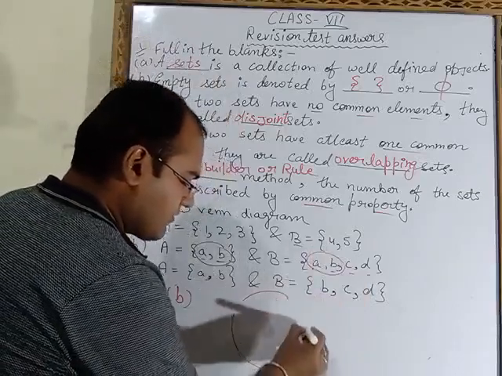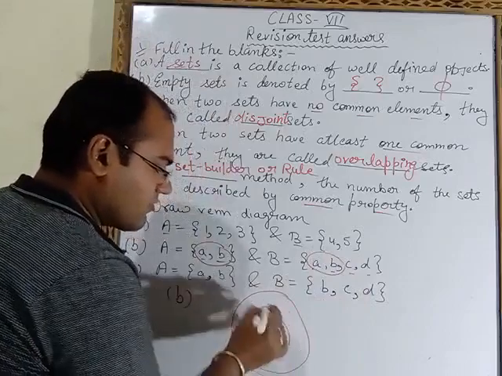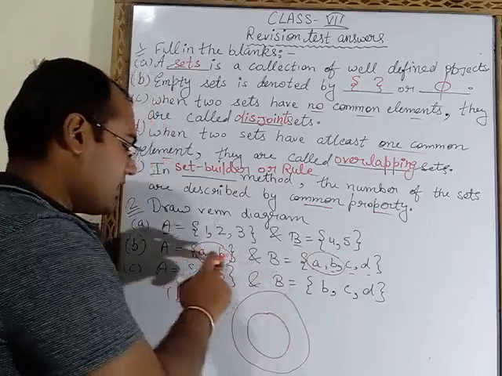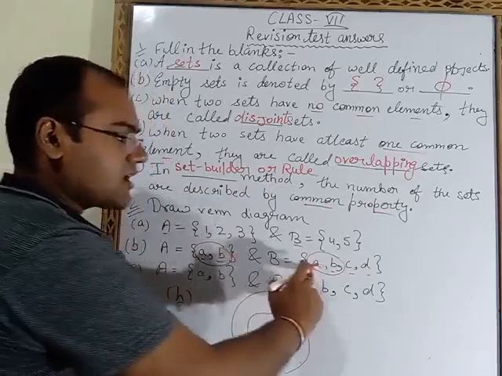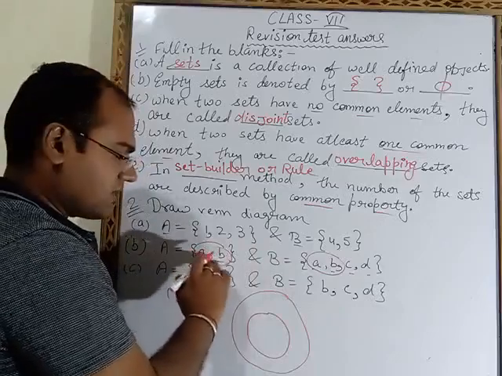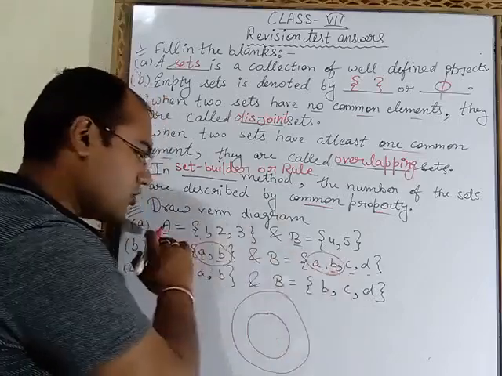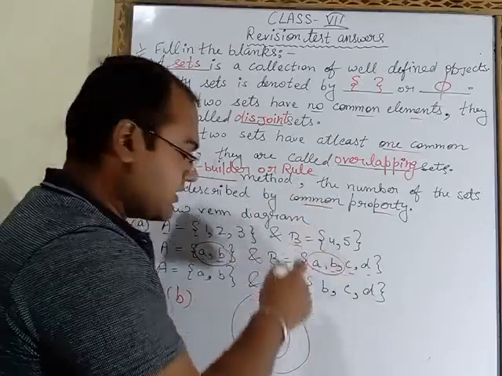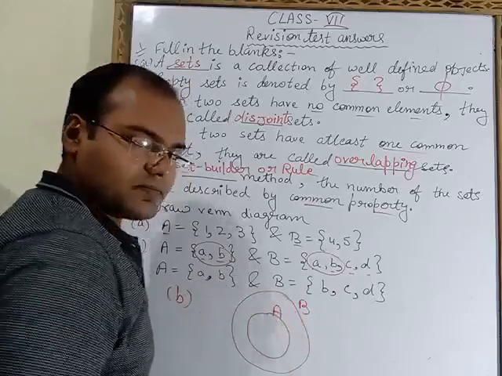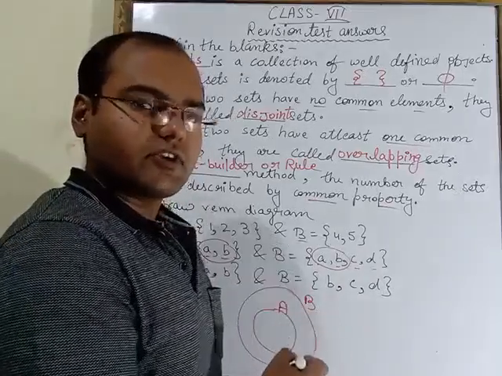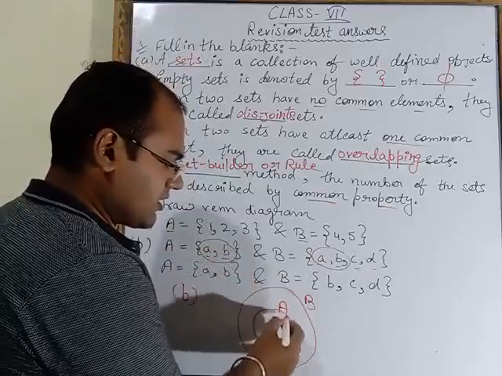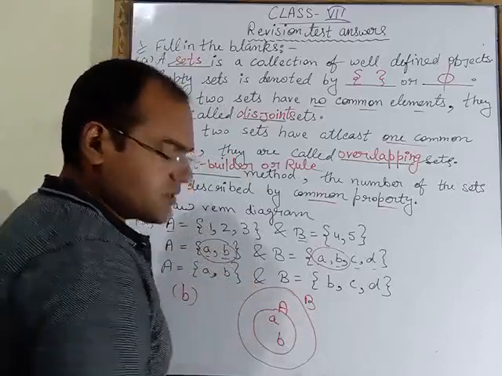One circle outside we will make and one circle inside we will make. Now which circle is inside and which circle is outside? Here A elements are coming in B set. A set elements, that means a and b, are coming in B. So A is coming inside B. So inside B we have to make the A circle. Now you have to fill A set first. What are the elements of A? Small a and small b. So inside this circle of A we have to fill small a and small b.